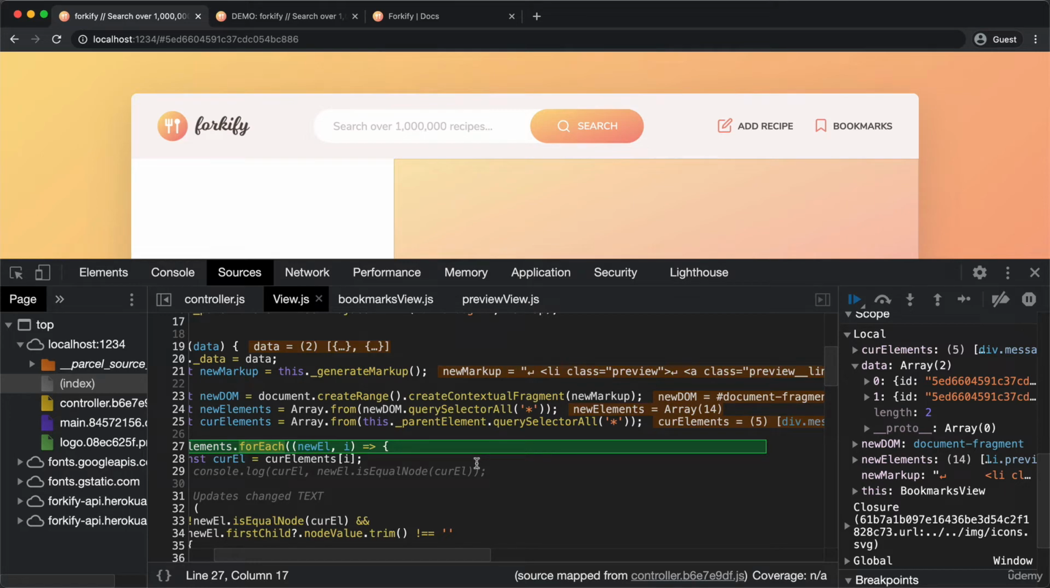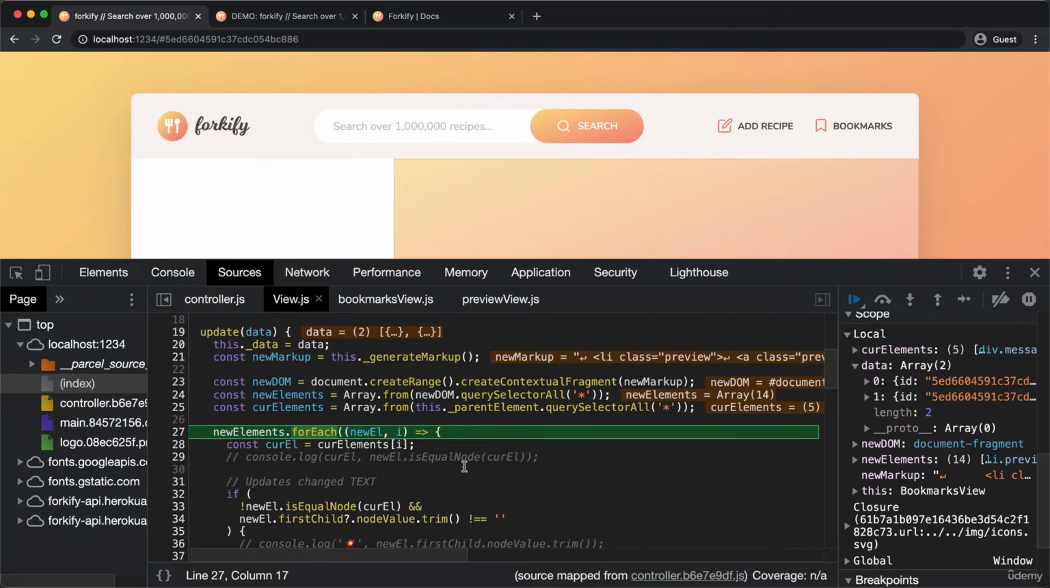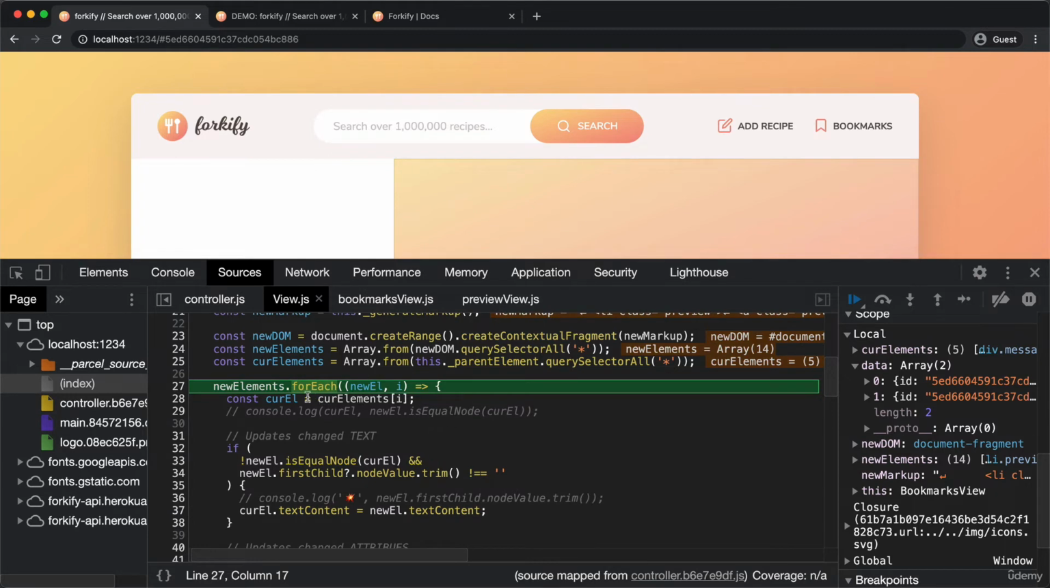Now, you see that the length of this one here is 5, and this one here is 14. And so I think I'm starting to see the problem here. These two arrays are the arrays that we are basically comparing here, right? So we have this whole for each loop to compare the elements in these two arrays, right? Because the goal of this method is to not add new elements, but only to replace some text in elements